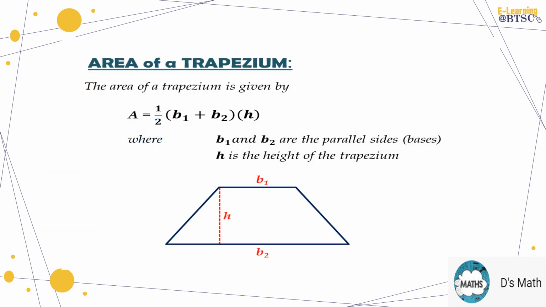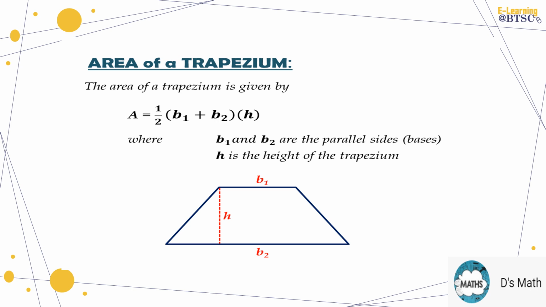Okay, we will start with the definition of area of trapezium. Area of a trapezium means space covered by the trapezium. So the formula at your level is not the derivation. You will not go for the derivation of the area of the trapezium. You will just learn the formula, and you should understand how you can use the formula to calculate the area of a trapezium.